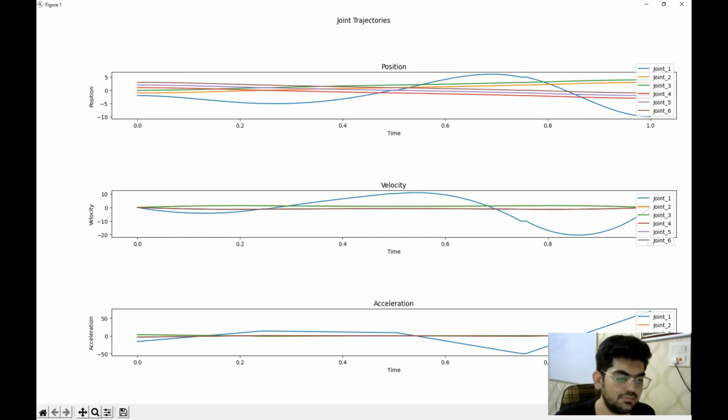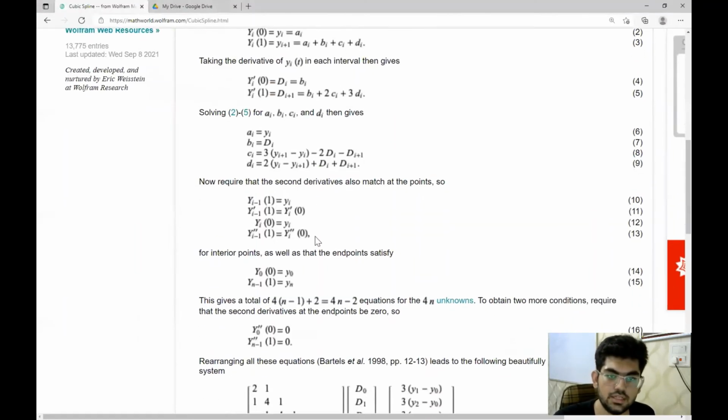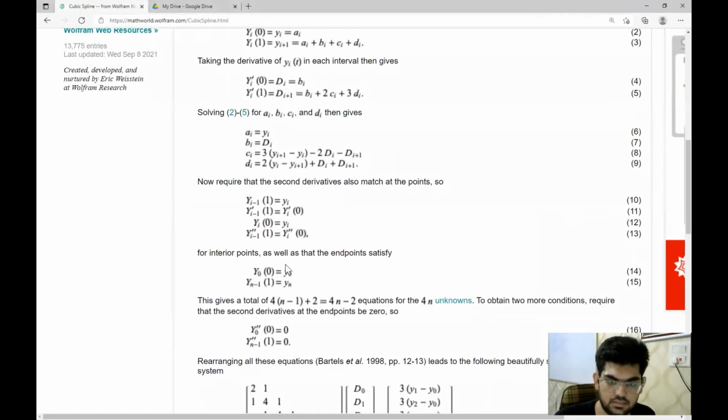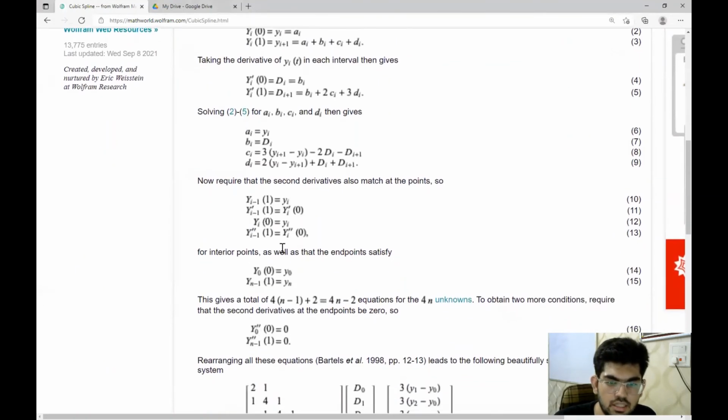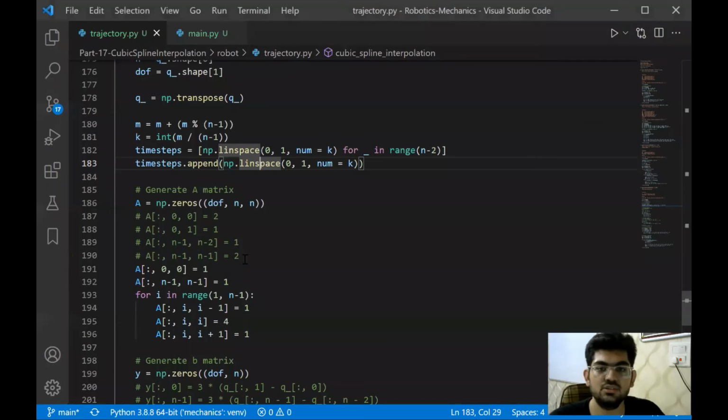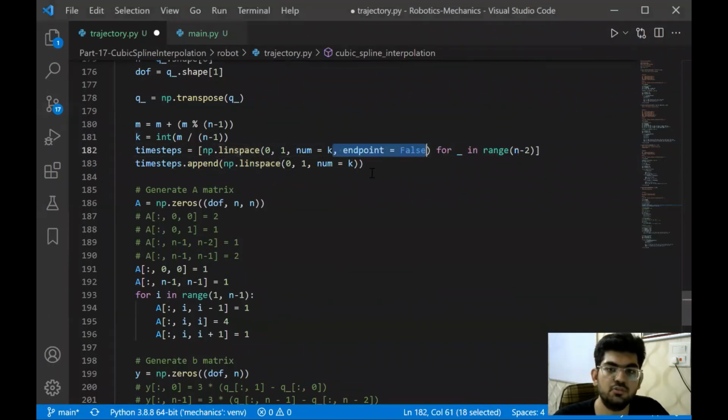This is because of the assumption that we have made. Yi of 0 is going to equal yi. That is okay. But yi minus 1 of 1 is also equal to yi. So both of these values are equal. And while doing so, if we do not put the endpoint equals false, we are calculating the same value 2 times, and that is getting plotted 2 times at 2 separate time intervals.